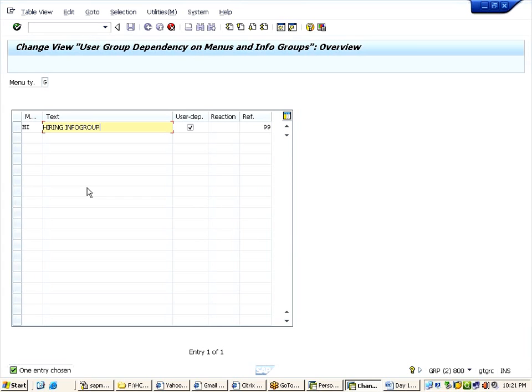In the user group, this stands for reference user group. So put the user group number which you are planning to use for yourself. Yesterday I took it as 77, so I am taking 77 here, and then save it. So now I created one info group HI, that is hiring info group, saved under my user group 77.